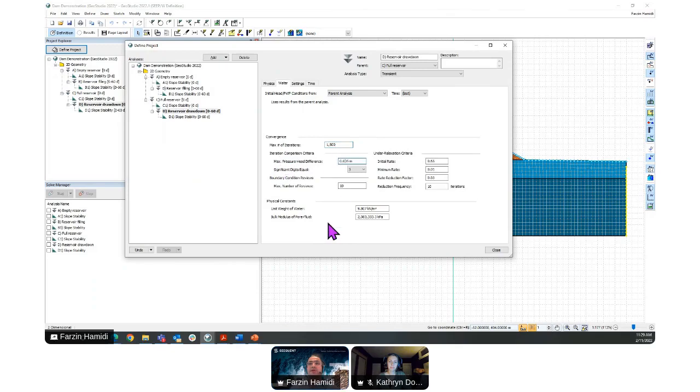Let's play with them, and then while you change them, you will be able to see the result. So these are the convergence parameters. The other solution is the under relaxation criteria. So you can start with 0.65, and the minimum you can change to different values.